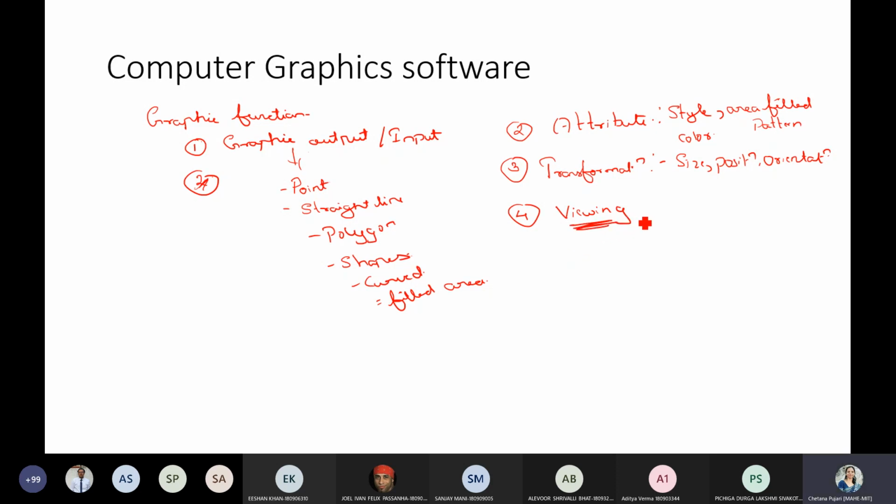Okay. So what we are trying to do here: select the scene. First step is you are going to select the scene. Once the scene is selected, next you are going to decide the type of projection you want to use. What are the different types of projection?